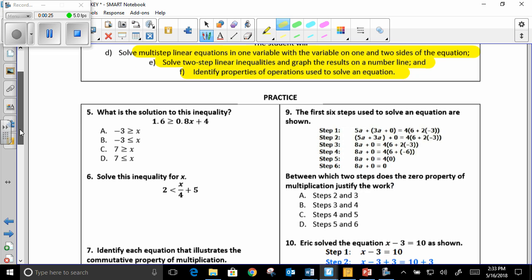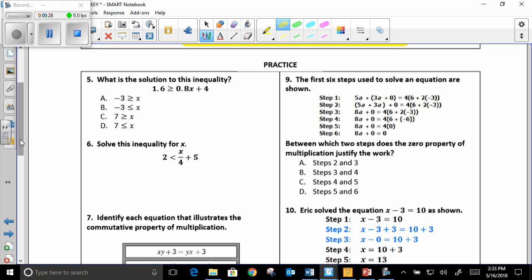Let's continue with number 5. What is the solution to this inequality? You're going to solve the inequalities just like you would solve a regular equation. So the goal is to get the variable on one side. So what you're going to do here is you want to get rid of the 4, so subtract the 4 on both sides. The 4's cancel out, you bring down a